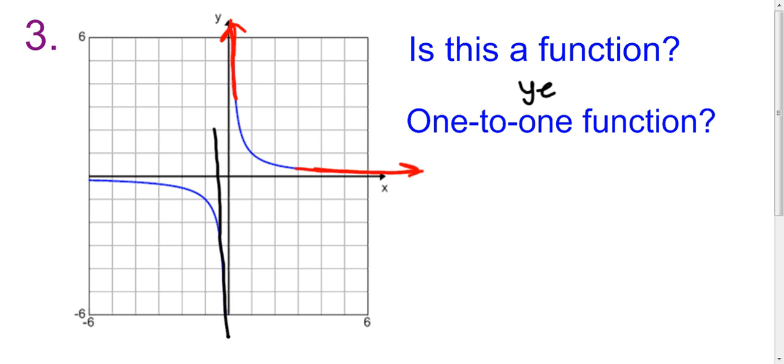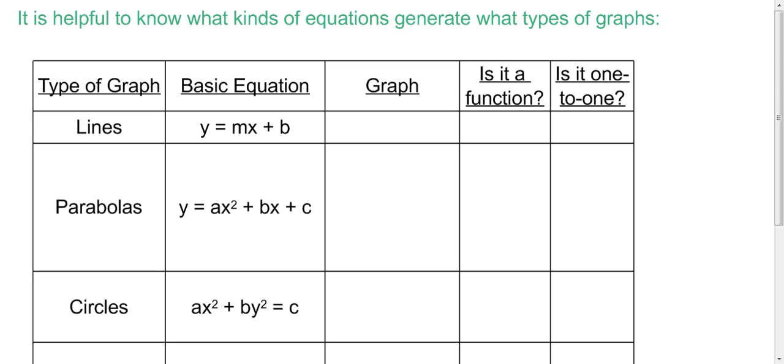So this one is a function because it passes the vertical line test, and it's also a function because it passes the horizontal line test. There's also one-to-one, I should say. All right, then